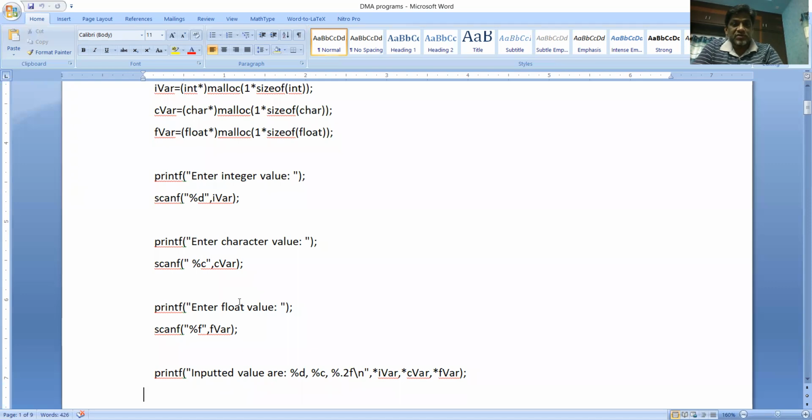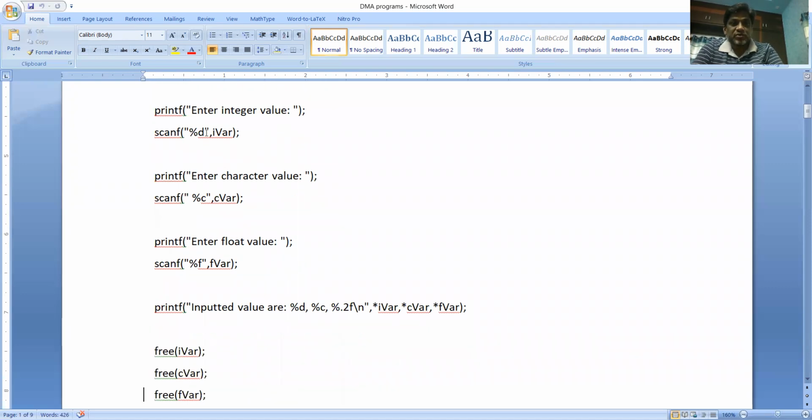What you need to understand is you don't require the ampersand because these are already pointer variables and are treated as addresses. Then you can display the values of the corresponding pointer variables by using percent d, percent c, percent .2f. This percent .2f says that after the decimal point only 2 digits are required for the float number.